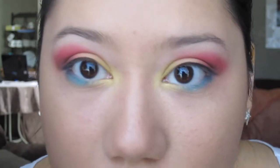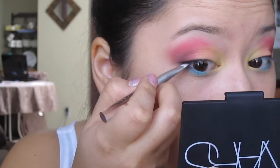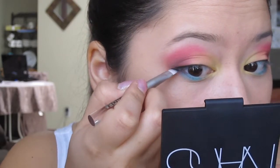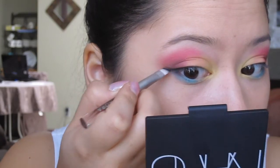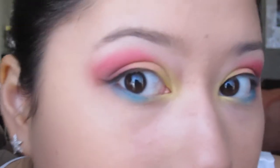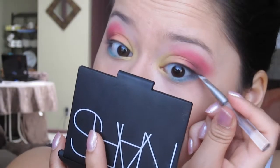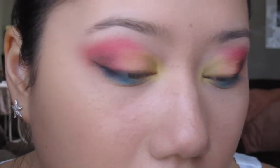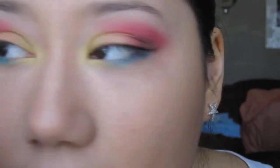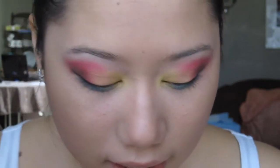Now I'm going to wing it out slightly on each eye because I'm a fan of winging out my upper lash line. Just neatly wing it out a little bit. Don't get too carried away, just a nice wing like that. And do the same to the other side. This is what you want to achieve: a nice thin wing that just adds as an accent, and it gives your eye sort of that